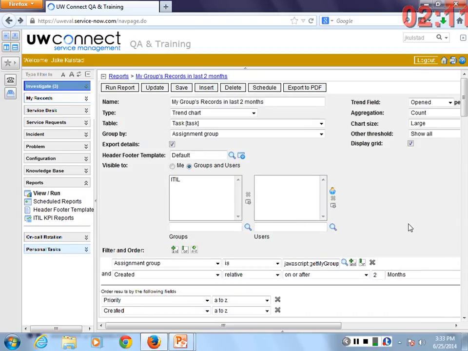OK, so you say, well, that's an OK report, but I'd like to tweak that. I don't want to learn how to do everything. I want to tweak your report, Jake. Here's what you can do. I'll just note that you could edit it and save, but that would actually save the version that's shared with everyone. I don't recommend that. What I'd like you to do is take a look at this visible to field, and you can see why everyone can see it, because it's available to this group, which is everyone. If you change that to me,